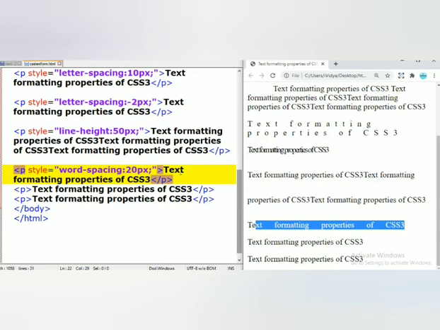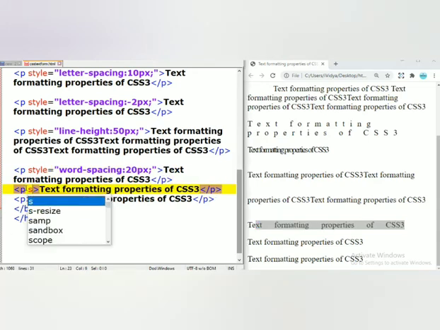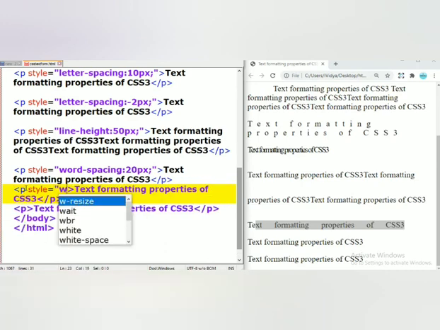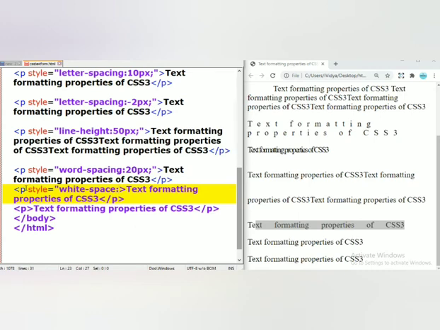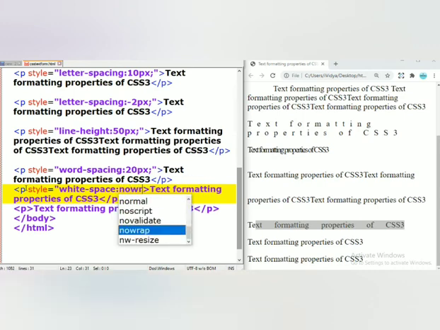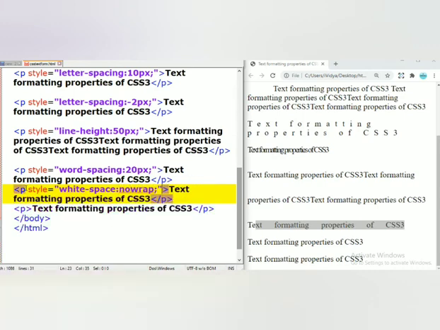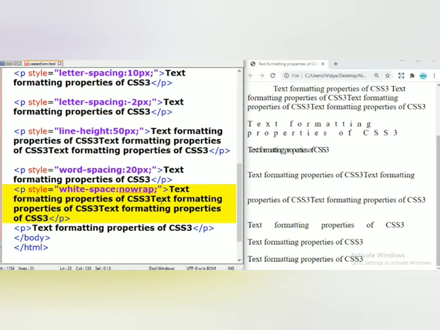Next one, white space. Here you can write style. Here is white space. It is to remove and add the wrapping. So by default it will be wrap. So if I use no wrap here, you can observe the difference easily. So no wrap I am writing, and here I am going to copy the same text. I am converting the line into a paragraph here. So I will write 3 lines here. So run it.